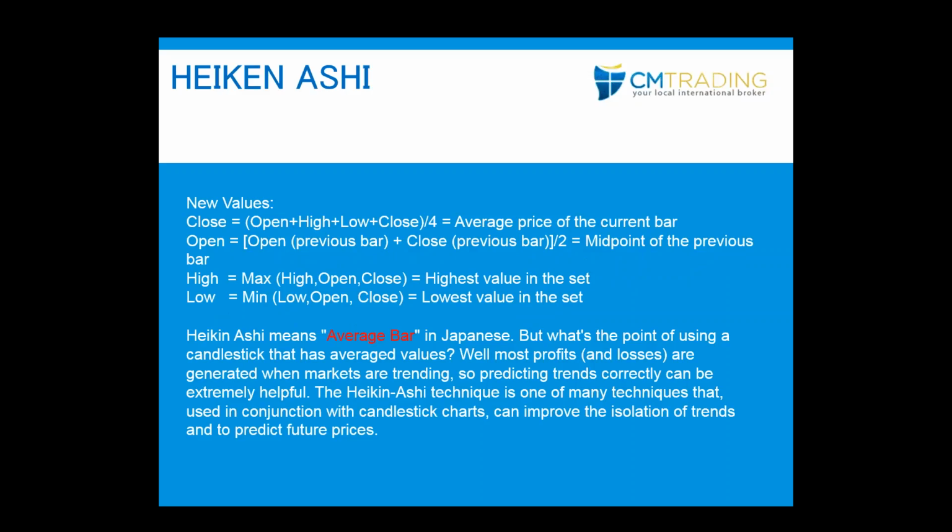Heiken Ashi is a way of taking the average of a candle and painting it in a specific color. Heiken Ashi means average bar in Japanese. Average bar means taking the open, high, low, and close and dividing it by 4 or by 2 to give us the open and close. The high and low is a mixture of the high, open, and close, and it's the highest value in the set, as you can see here. If you take a look at the formula,